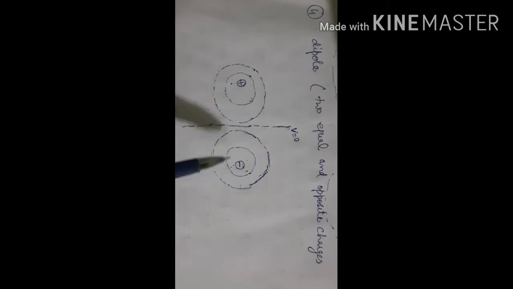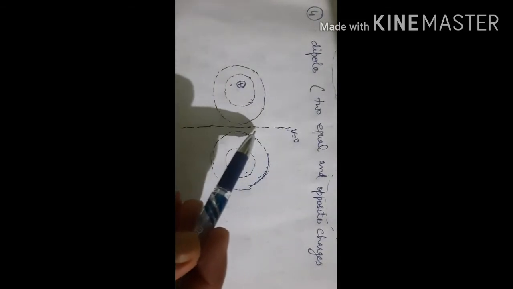In this case, the effect is opposite. Because of the presence of this negative charge, the equipotential surfaces get farther away between the charges and get closer at the other end of the charge. Similarly, a similar effect is obtained here. And this is another equipotential surface. We know that the potential at the center of the dipole is 0.